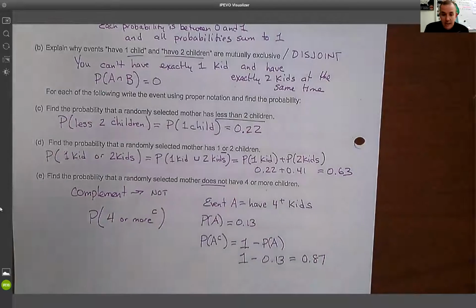So that's what we talked about today. We did some stuff with rolling some dice to practice. So hopefully if you were here, you got something out of it. Give me the feedback in the reflection, and I will see you all next week, and we'll keep going with the probability. So thanks.